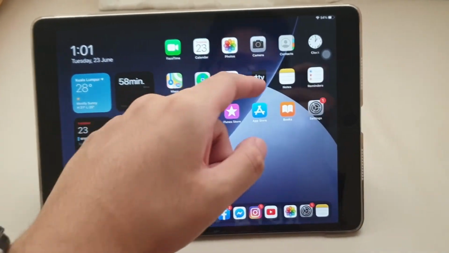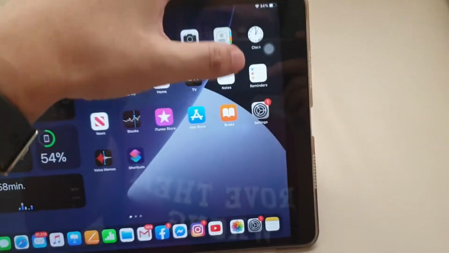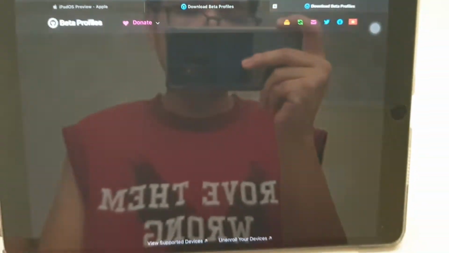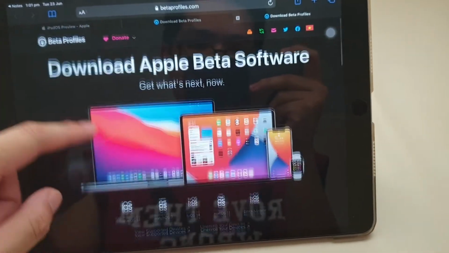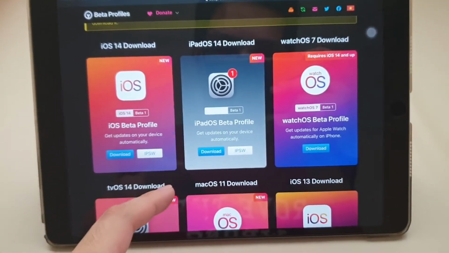At first, you have to go to a link. I'll put the link in the description. Go to notes. No, I mean not go to notes. This is my notes. If you do want to go to the link, you can just memorize here: betaprofile.com. Click it, and you can see download Apple Beta software, and you can see this